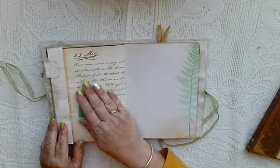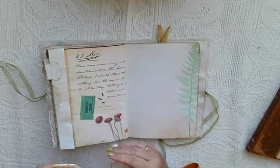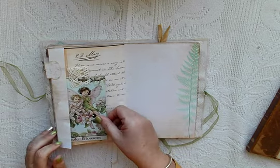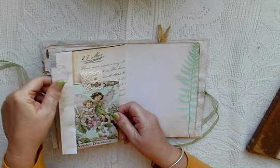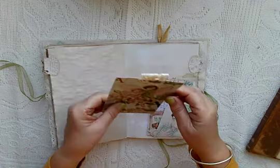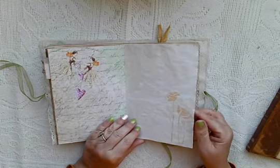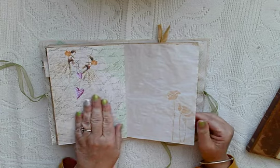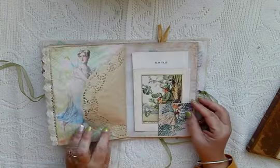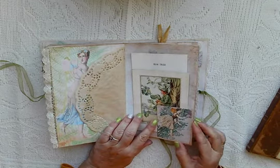And this was also from the kit, not from the kit, sorry. This was one from the diary, but I folded it over at the end and kept it down with a tab, so you could actually put a journaling card or tag in there if you wanted to. More pages from the kit, and I love these little fairies here with the hearts. And then some more stenciling, pages from the kit,